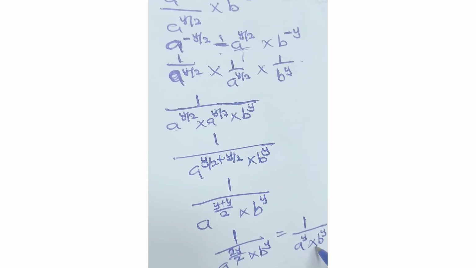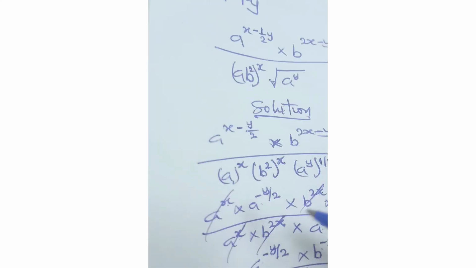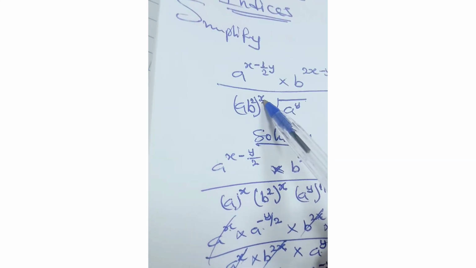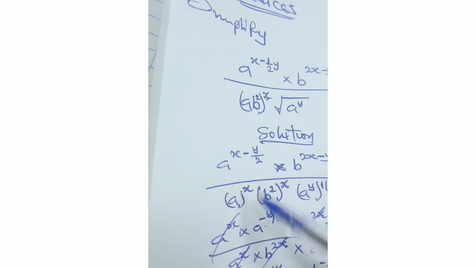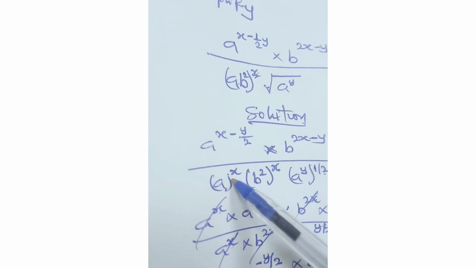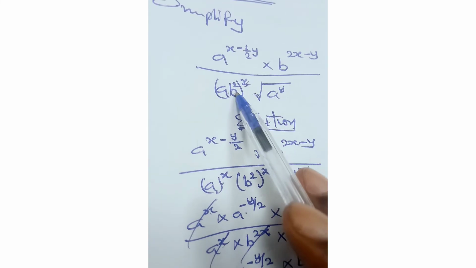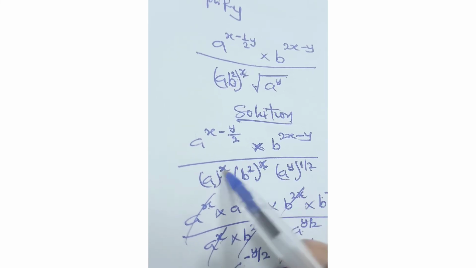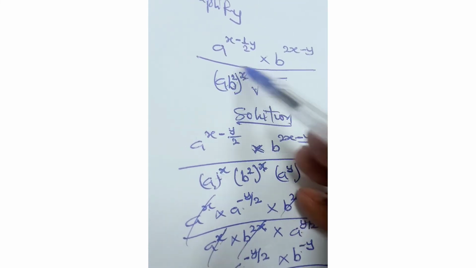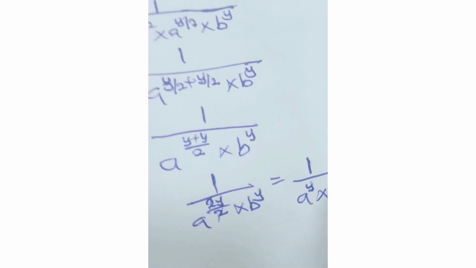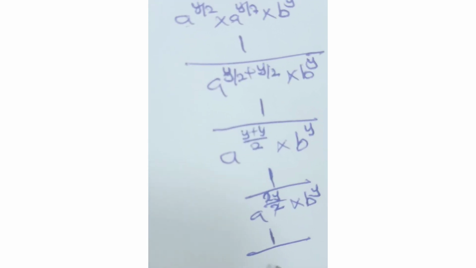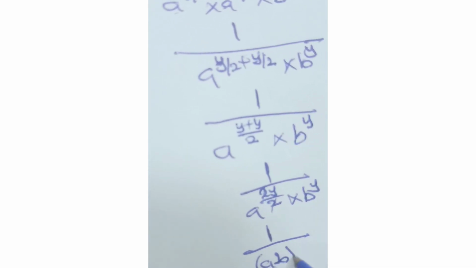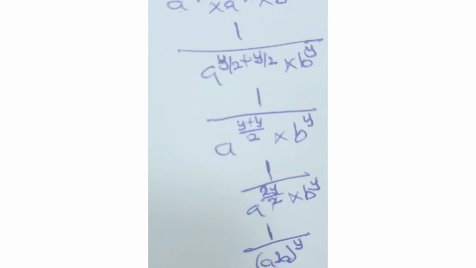Now at this junction now, remember the same thing we did here. Look at what I did here. I split this to be a raised to power x, then b raised to power 2 raised to power x. Meaning, if I have the same power like this, I can rewrite it to be this. The same thing will be applicable to this place. Since we have the same power, it means we can rewrite it to be 1 over ab, then everything raised to the power of y. Now, this is our final